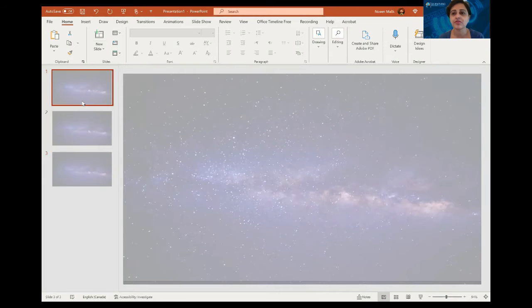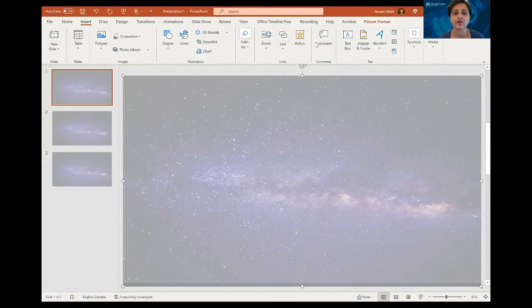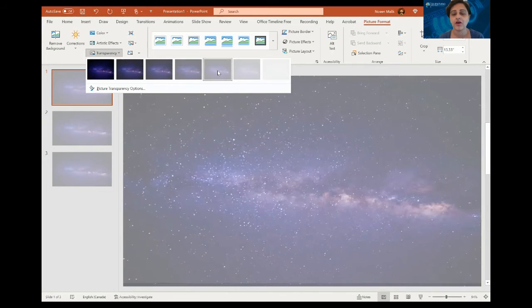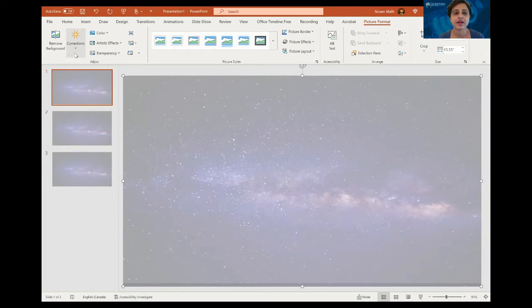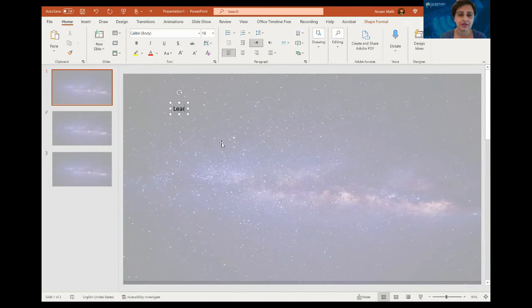And now you can start writing if you want. You can make it lighter or darker. It depends how dark a background you want, how light a background you want, right? So you can start typing. For example, let's go to insert and insert a text box here. For example, learning how to make video on PowerPoint. And this is the heading.